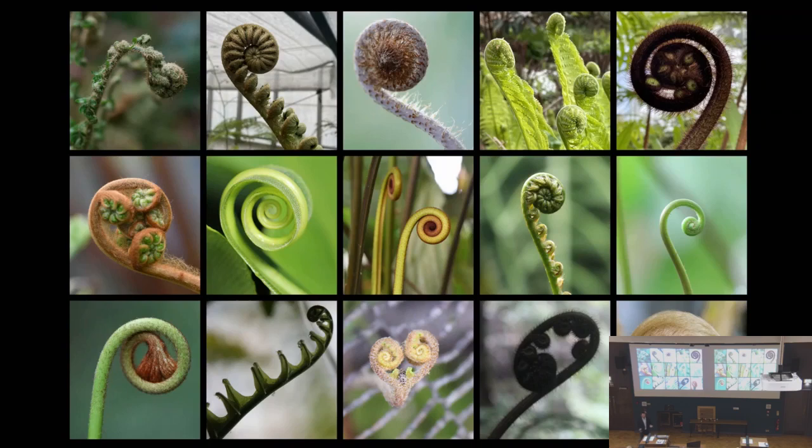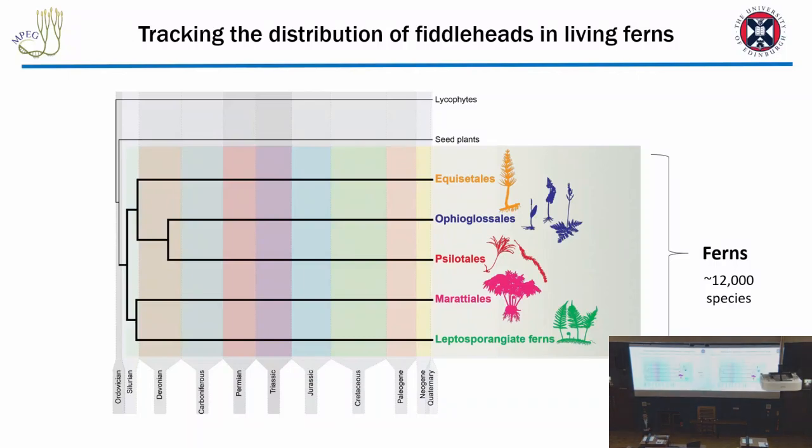But a question for us became, well, when did these structures actually evolve? And it's quite a good time to be asking this question at the moment, because the availability of next-generation sequencing data of comparative genomic analysis has really crystallized the phylogeny of ferns, the family tree of the phylogeny of ferns. So we now know that ferns really are composed of, broadly speaking, 5 key groups, and that